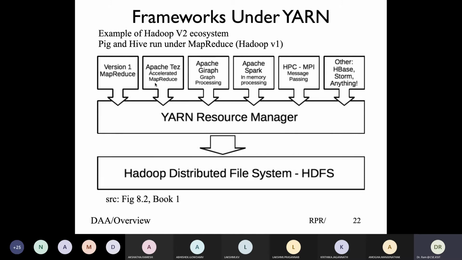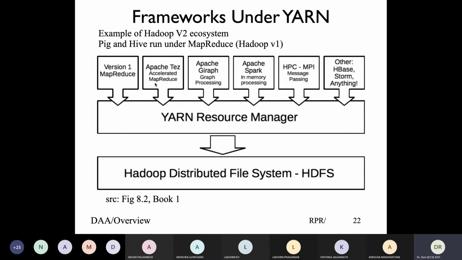In that, a number of applications could run in parallel because there is no dependency among themselves at the sibling level. That's what Apache Tez does, and in that sense it gives you automatic expedition of running applications. We have Giraph for processing graph connectivity. We'll get into details. And then others like Spark, Storm, Message Passing Interface, and so on and so forth.